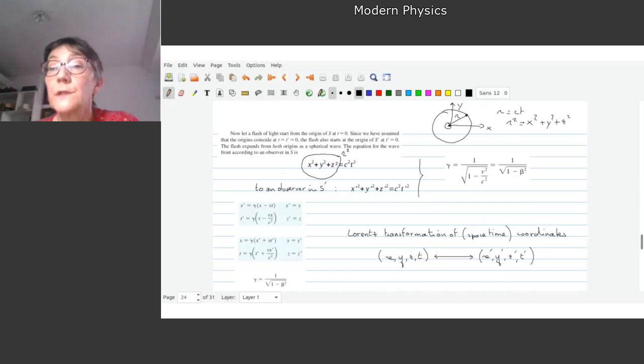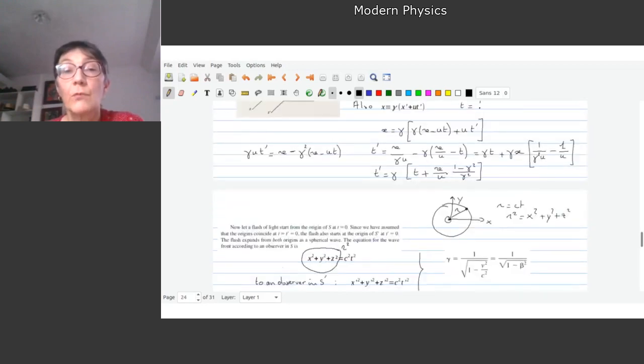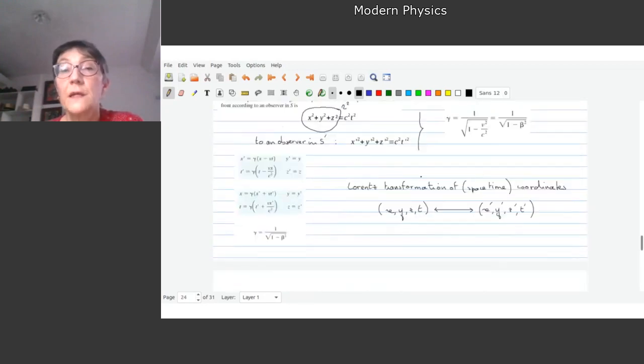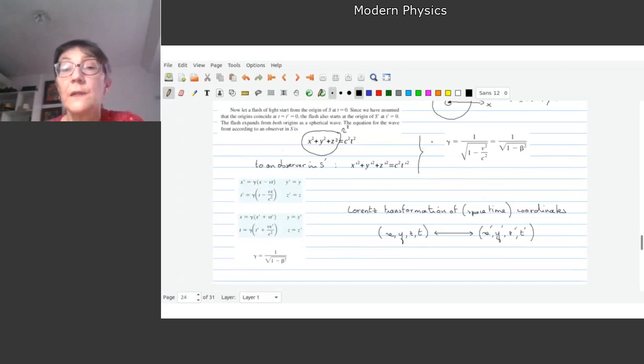So you write this one is equal to this one, and you should have the same thing in the other referential: x prime, y prime, z prime. And so with these two equations, you will solve the system in gamma, and you will find